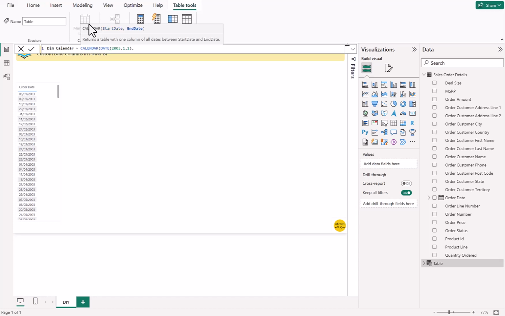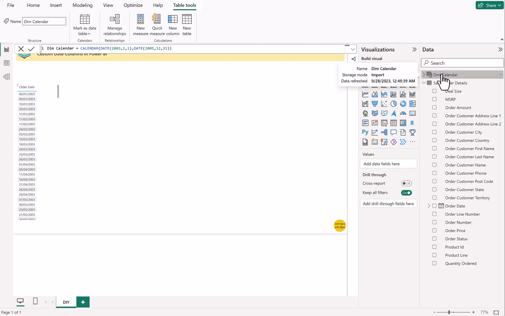as 2003, 1, 1 in a date function, so we're telling Power BI the start date is actually 2003 January 1. And then the next parameter is end date. So again, we're going to put 2005, 12 and 31. So this actually means 31st of December 2005. Great. So hit enter and we have a table, a dimension table for calendar, the first version, and you can